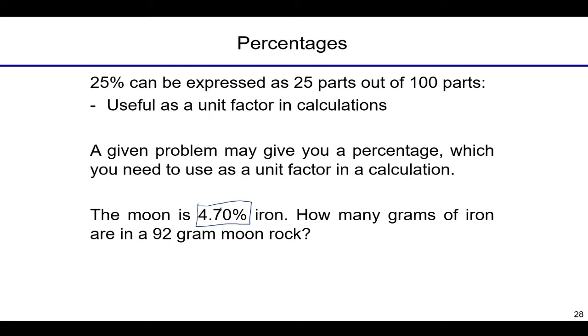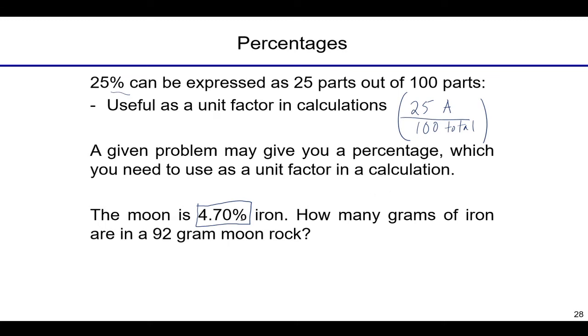Just take that from me, 30 years of chemistry experience here. I guarantee you're going to make many fewer mistakes if you actually write out all your units and do the full dimensional analysis. So these percentages can be expressed as these unit factors, right? So 25% could be 25 of whatever the component is, component A, out of 100 total. And so just keep in mind that you want to make these sort of ratios as part of our dimensional analysis.